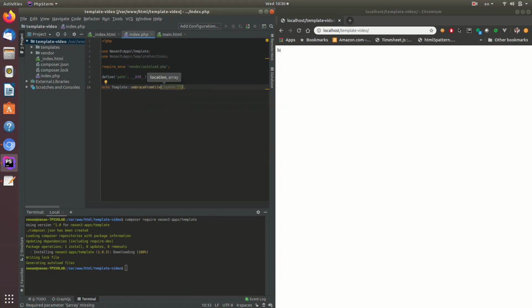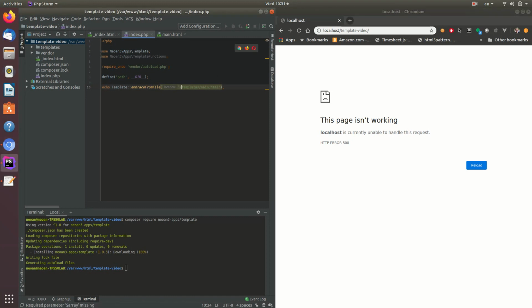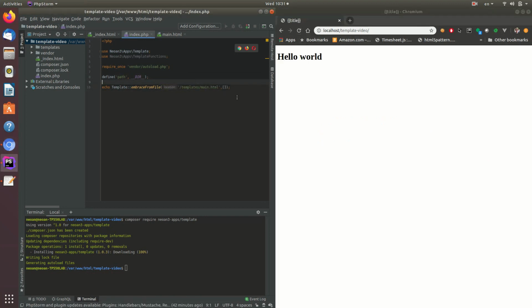And so we can now navigate from the location that we're on. So now we can basically say, okay, that is in templates, and we called it main.html. Okay, so what we should have now, whoops, probably like this. No, we need this, sorry. Yeah. So what we should have now is basically the bare bone output of